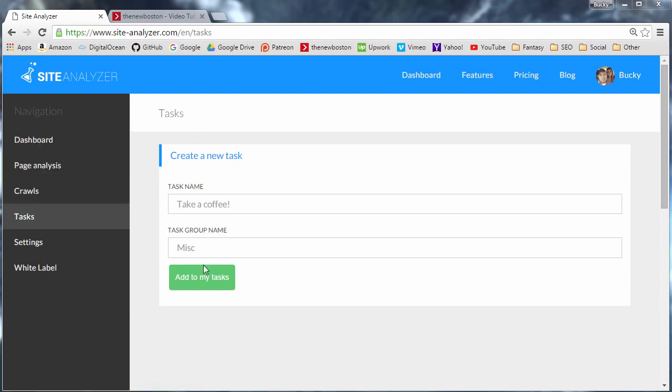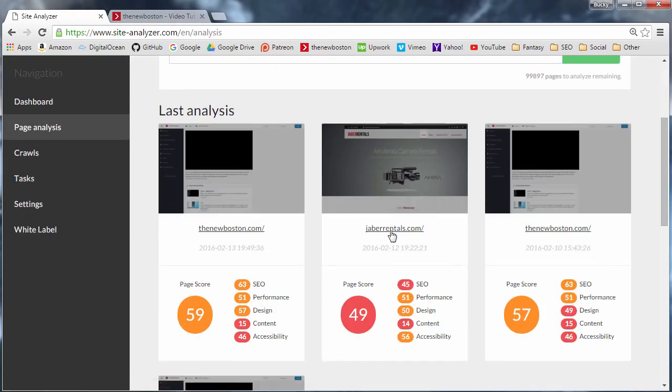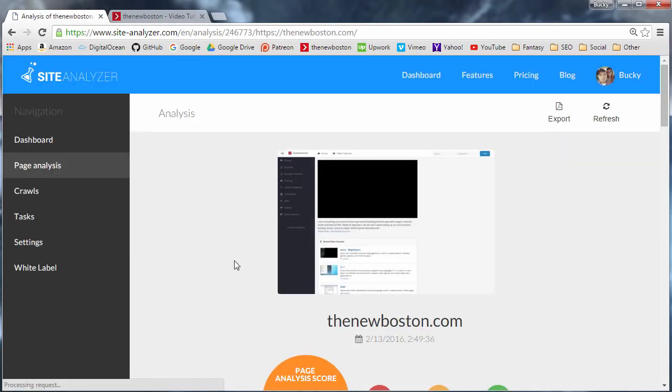So this is pretty much a built-in to-do list, and it's very handy for keeping track of all the issues that you need to fix on your site. Now the quickest way to make them is if you just go to Page Analysis and click on